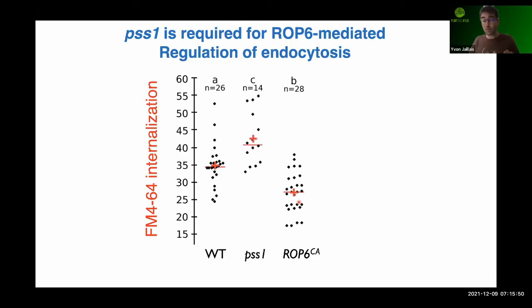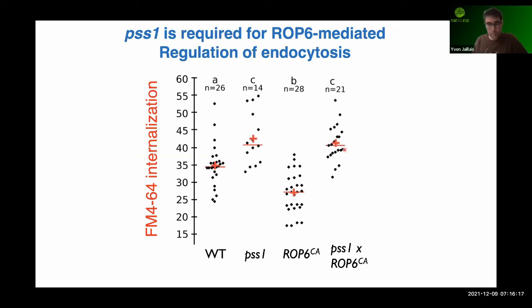When we look in the PSS1 mutant, no PS, we have the reverse phenotype. We have a constitutive increase in endocytosis. And when we made the double mutant, what we found was the exact same increase in endocytosis as in the PSS1 single mutant, suggesting that activated ROP6 is not able to inhibit endocytosis in the absence